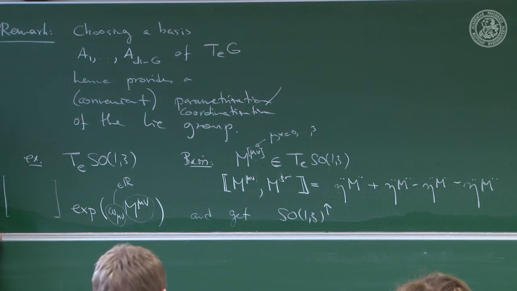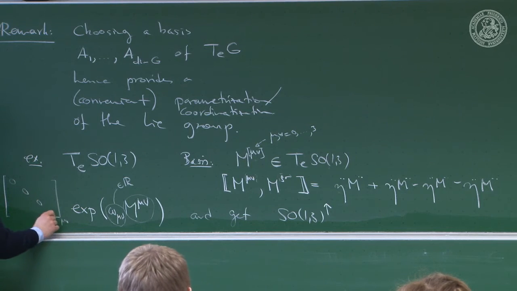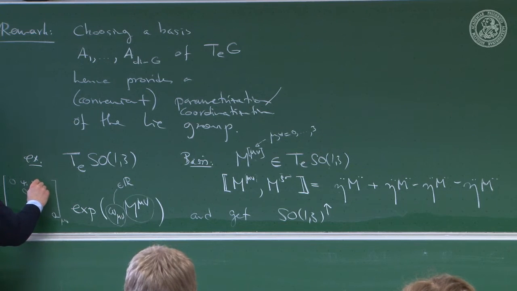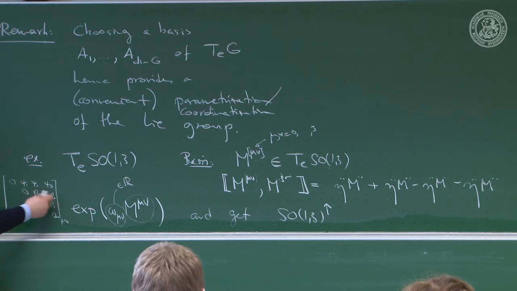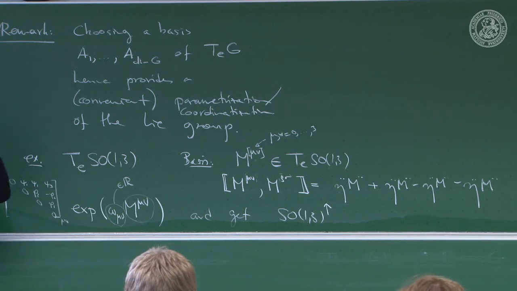It's antisymmetric, so it has zeros on the diagonal. And if you look closely, then you have here psi 1, psi 2, psi 3, and here you have phi 1, phi 2, phi 3, with signs, and then you have the antisymmetric part repeated on the other side, and these are the boost angles, the hyperbolic angles that tell you the